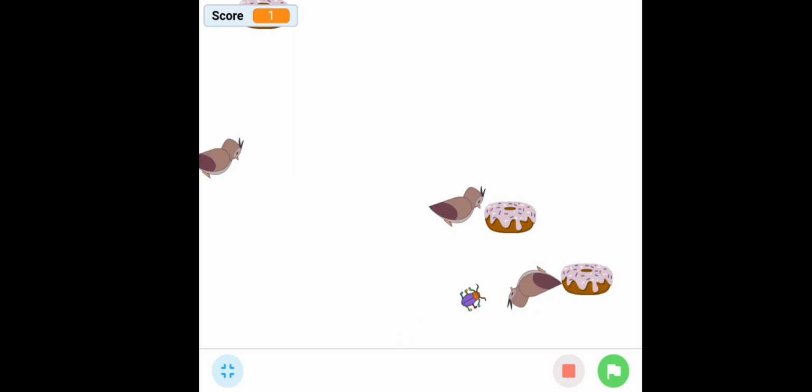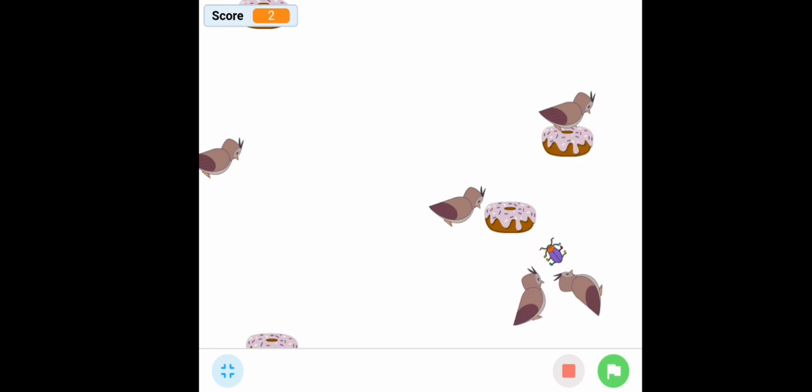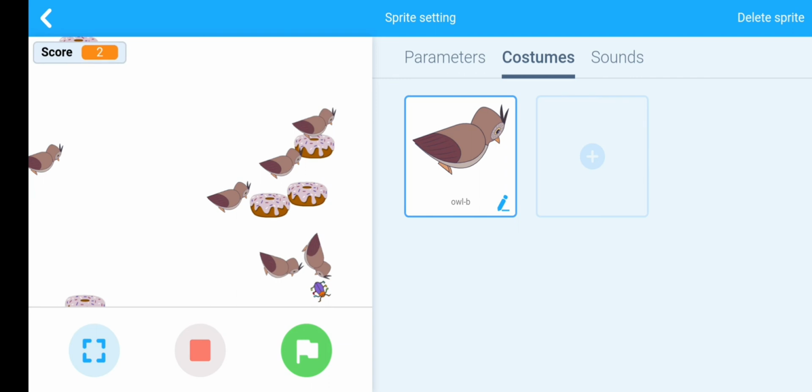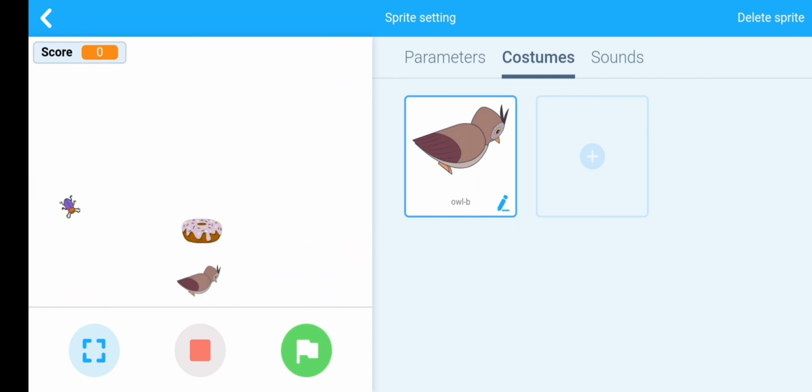Look, now the distance between the beetle and owl is less than 75, then the owl is pointed toward the beetle. Okay, look, now we want to move the owl also.